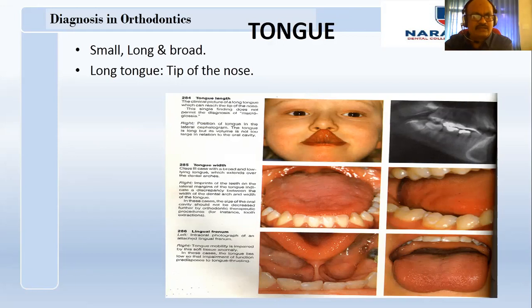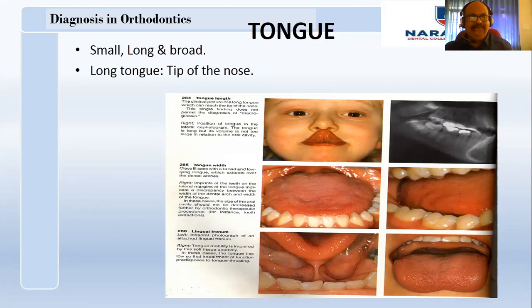How do you know that a patient is having a long tongue or not? You ask the patient to stretch it. Normally we cannot stretch it fully, but at the same time we should be able to bring it out in normal conditions. The tongue comes out of the mouth, whereas in ankyloglossia and some conditions where the tongue is tight, it won't come out. In conditions of hyperstretchability, as occurs in Ehlers-Danlos syndrome, the patient may be able to touch the tip of the nose with the tongue.